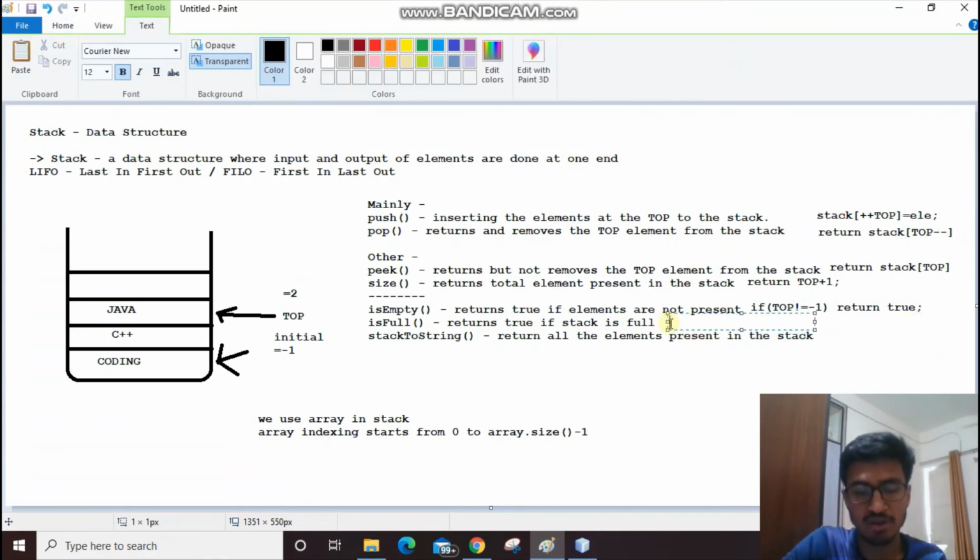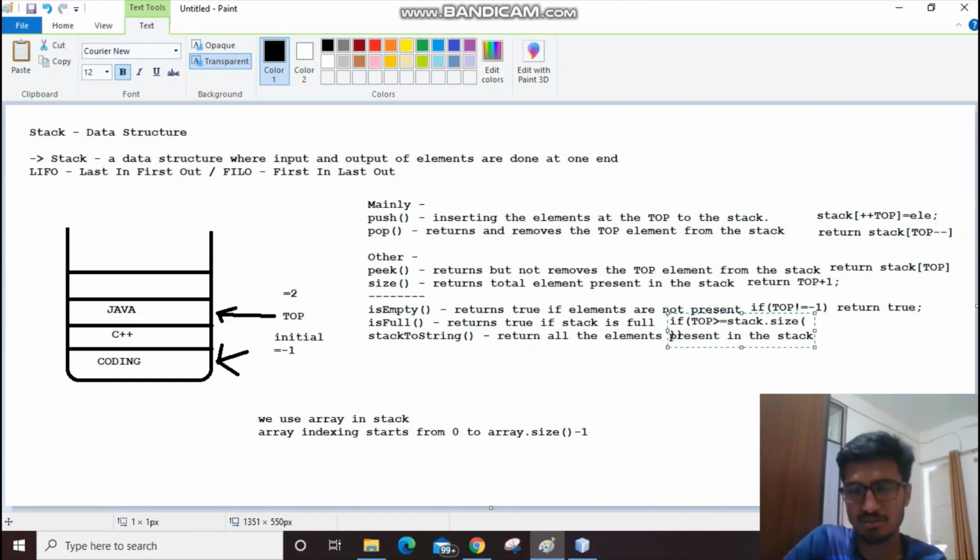Apart from that, while checking if it is full or not, we have to say that if top is greater than or equal to, we can use double equals also, but greater than or equal is also fine, the stack size. I'm not going to use the size method here, I can just check the stack dot size.